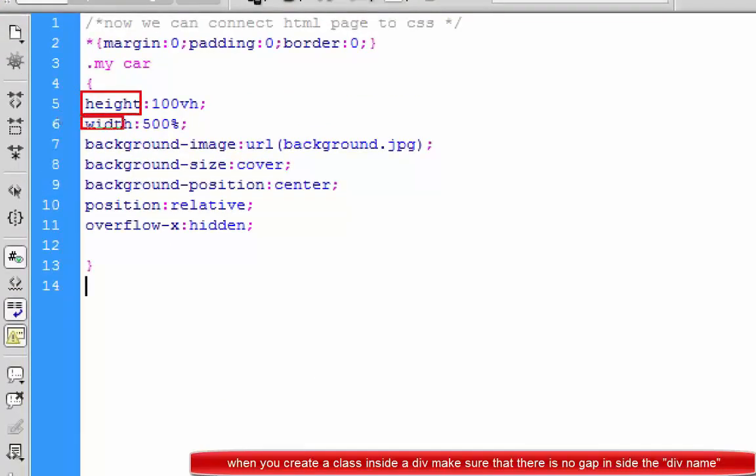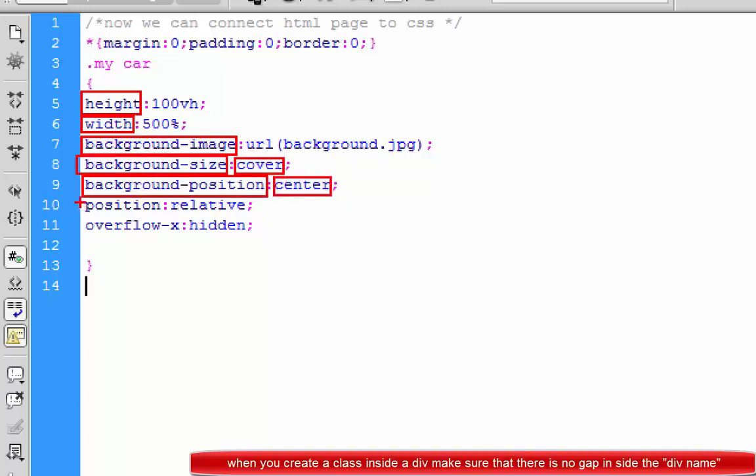Height is for height, width is the width of the image. For background image we use background size cover, and background position center here, and position relative, so that it does not give any space here.